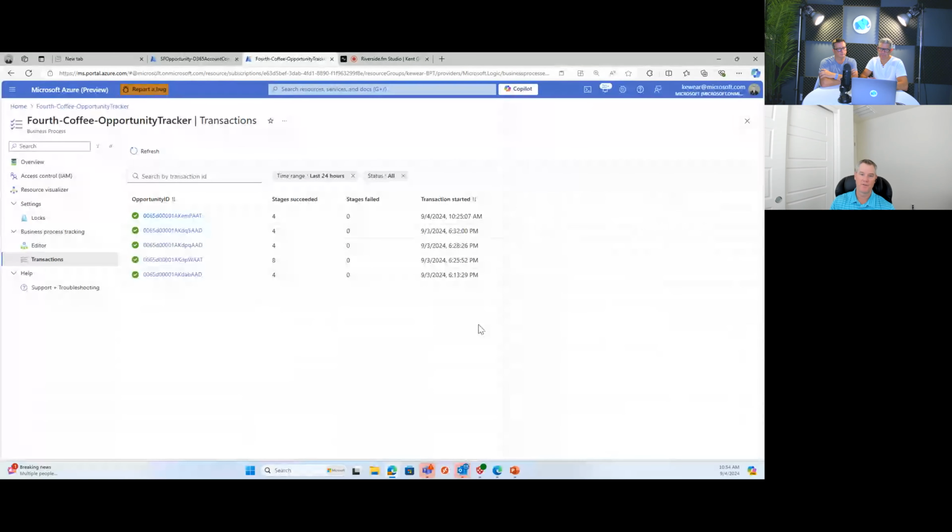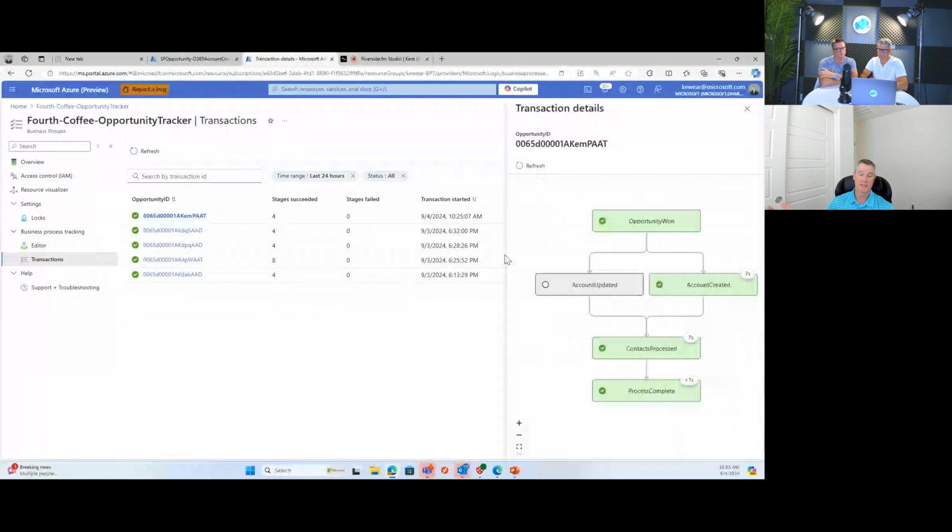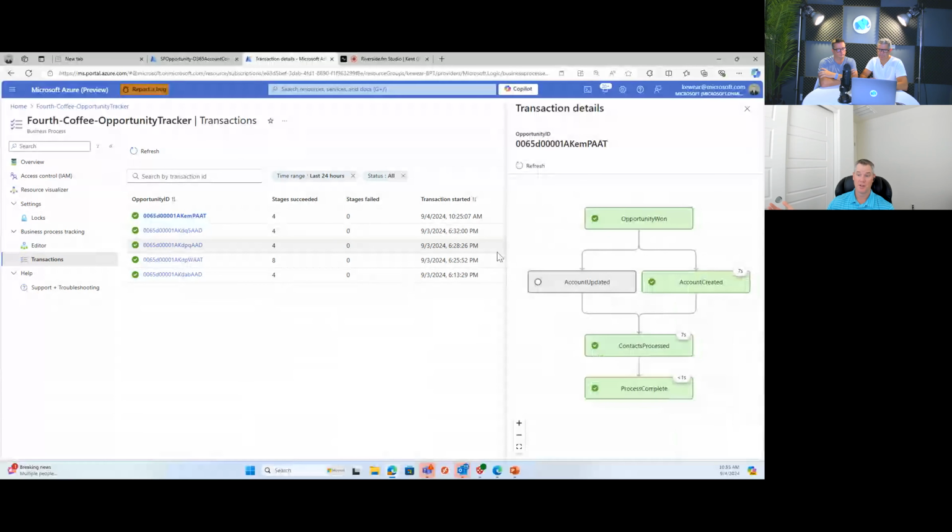So yeah, this is the default view. But once again, this data is all underneath ADX. And so if this was something where you wanted to construct your own dashboard, enrich this with other data as well, certainly you can do that using a tool like Power BI, and then really get that customization experience that you might be looking for, but without having to build the whole plumbing in order to achieve those goals.